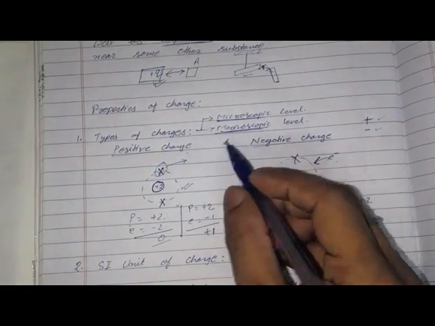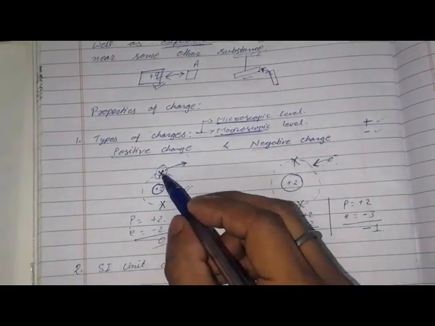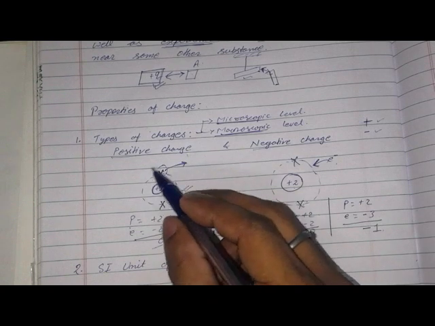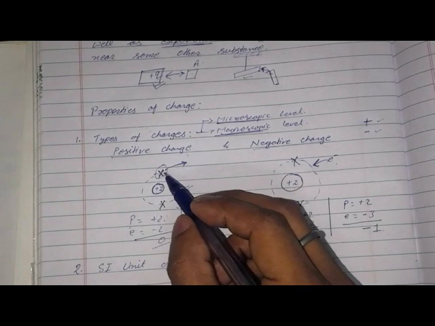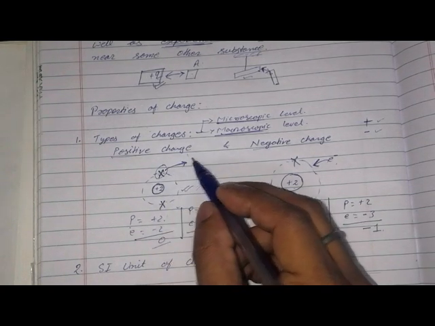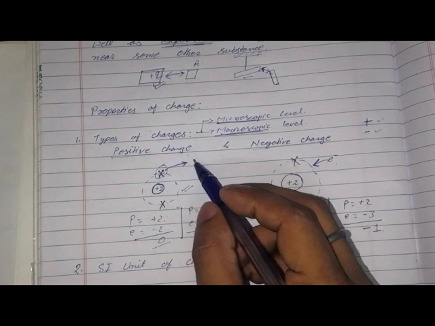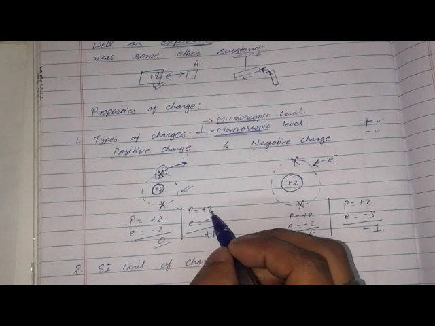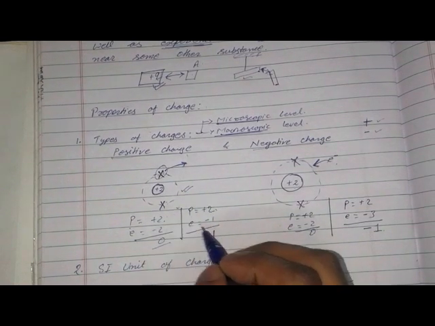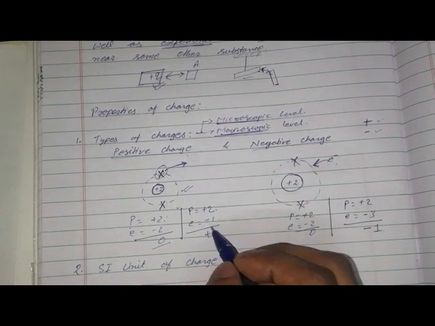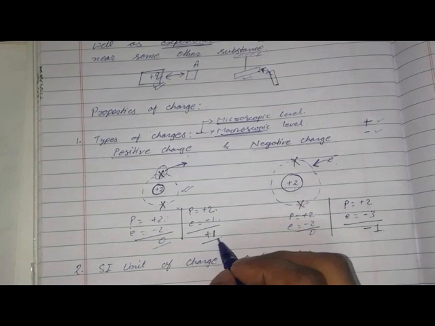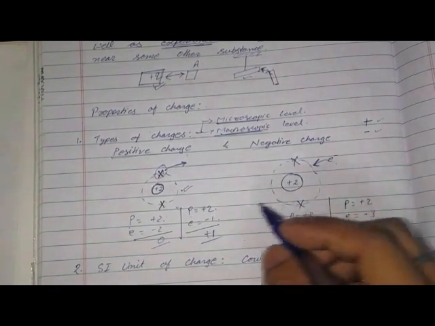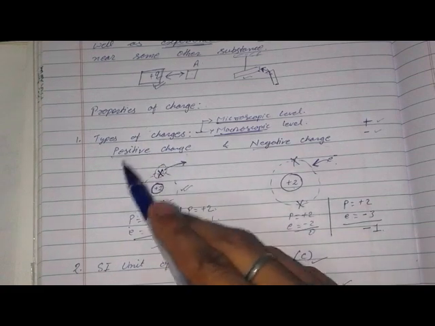Now what you do, by rubbing, we take an electron out of this shell. How do we take it out? We take it out by rubbing. Whenever we rub, this electron will come out, and as soon as this electron comes out, the new condition is that the protons stay at plus 2 only, but electrons become minus 1. Hence the net charge developed on this body will be plus 1. So this we call the formation of positive charge.